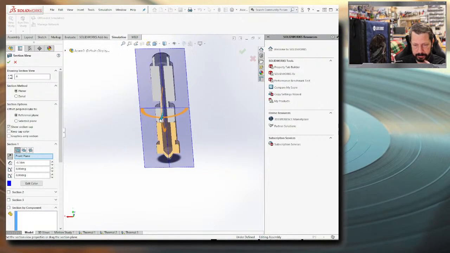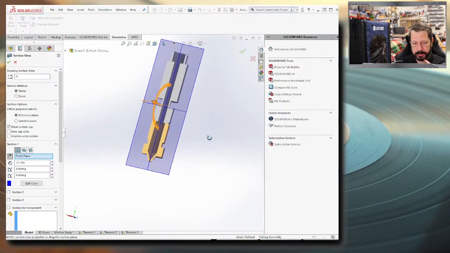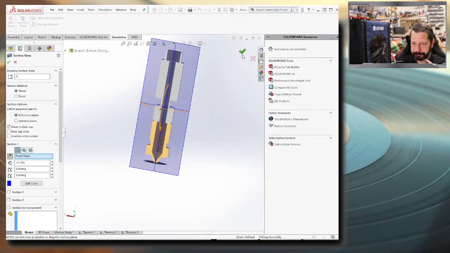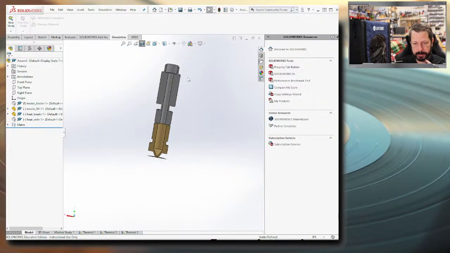Let's see if we can find the center. There we go. There's the center. So yeah, this would be an all metal version. So the difference would be